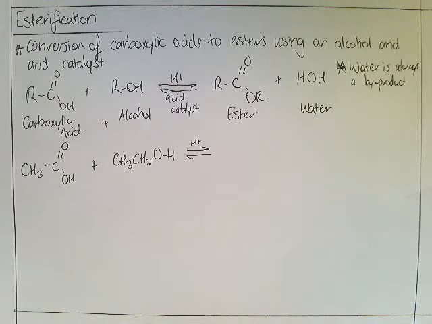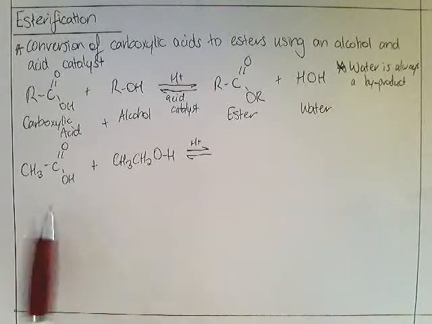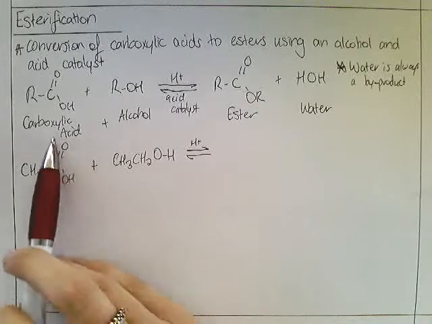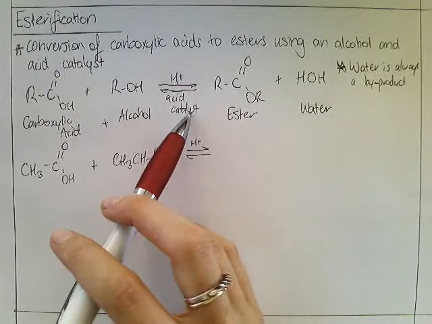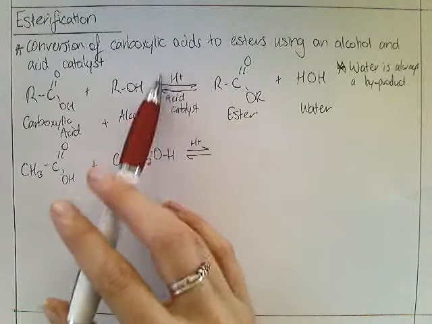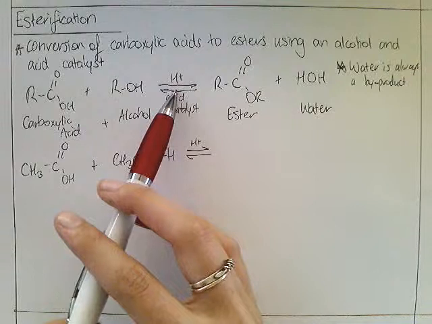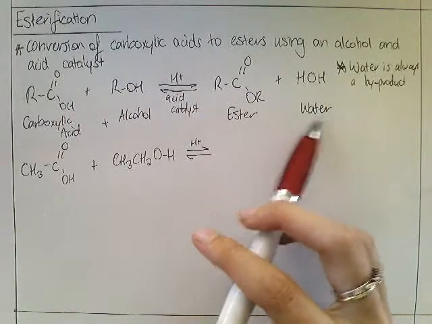So this reaction, and the last one we'll be going through, is esterification. Esterification is the conversion of a carboxylic acid and an alcohol using an acid catalyst to form an ester. Here we have it written out as a carboxylic acid and an alcohol. We have this acid catalyst, which is usually H+. Sometimes it's H2SO4, sulfuric acid, but most of the time H+, to create an ester, and 2 hydrogens and an